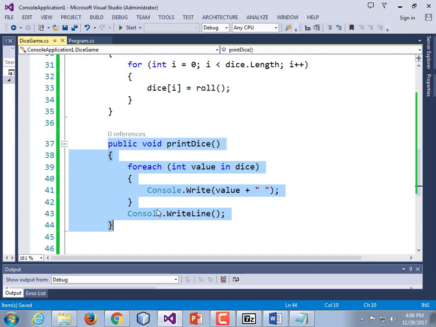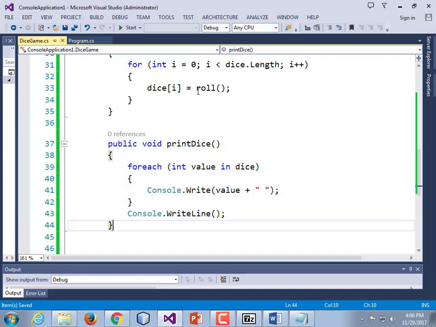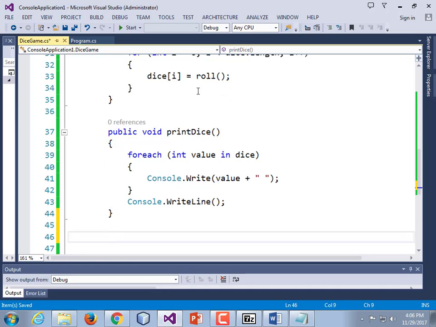Now the way I'm going to check to see if they all match is I'm going to take the first value, the first element in the array, and then I'm going to compare all the elements in the array to see if they match. And if we ever find something that doesn't match, we're going to return a false because they don't match. If we make it through the end of the array without that happening, then we know they do match. So public void,